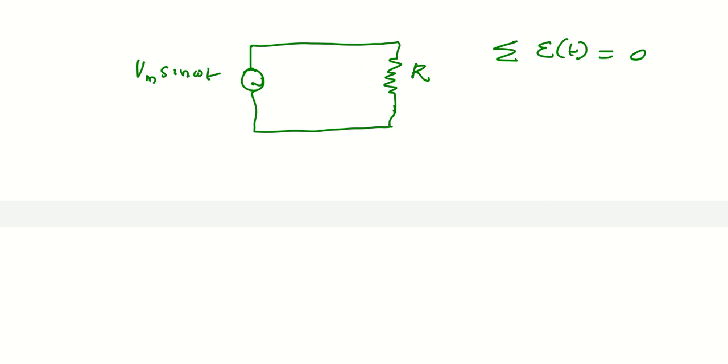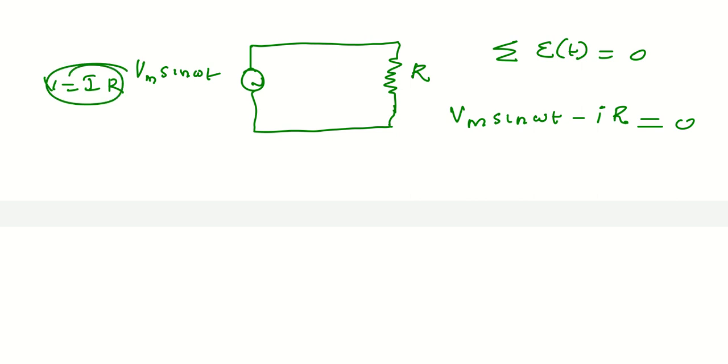That's equal to 0. So Vm sin omega t minus IR is equal to 0. How does IR come? We know Ohm's law, V is equal to IR. So the voltage across a resistor is equal to IR. The sum of voltages in a loop is equal to 0. So from that we get Vm sin omega t